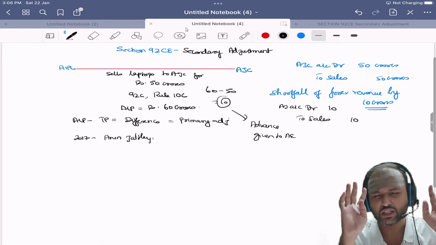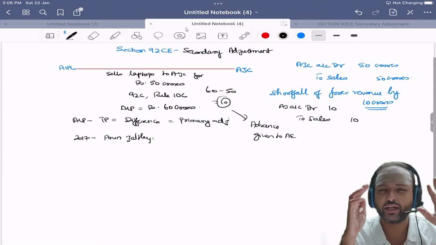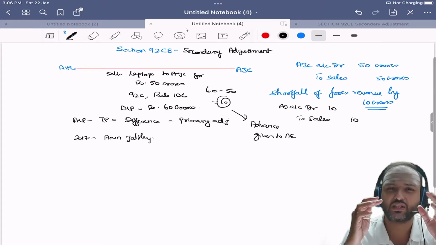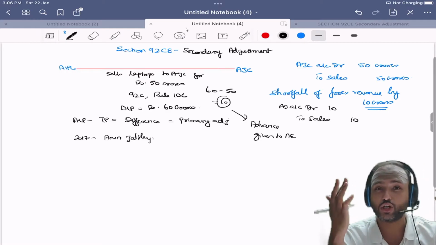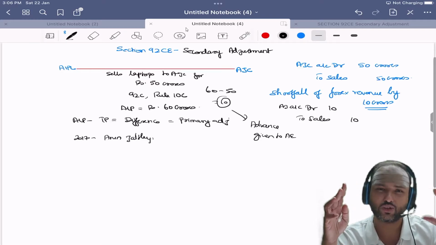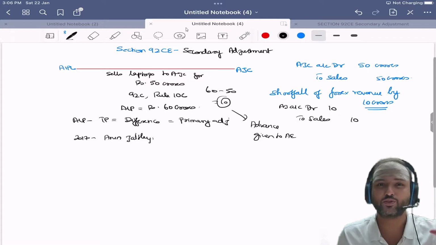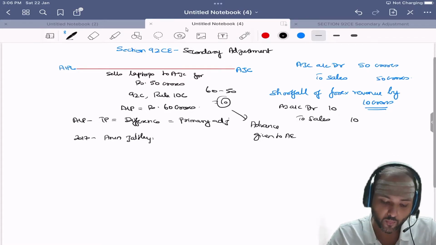Now, just listen to me. This might run into one more lecture. I'll break it out in such a way that it just does not cross 35 or 40 minutes so that it is not too taxing. Now, this is a very, very interesting area. Could be tested for MCQs or probably even for problems that might come up in 6C as well as 7. So please pay attention now.